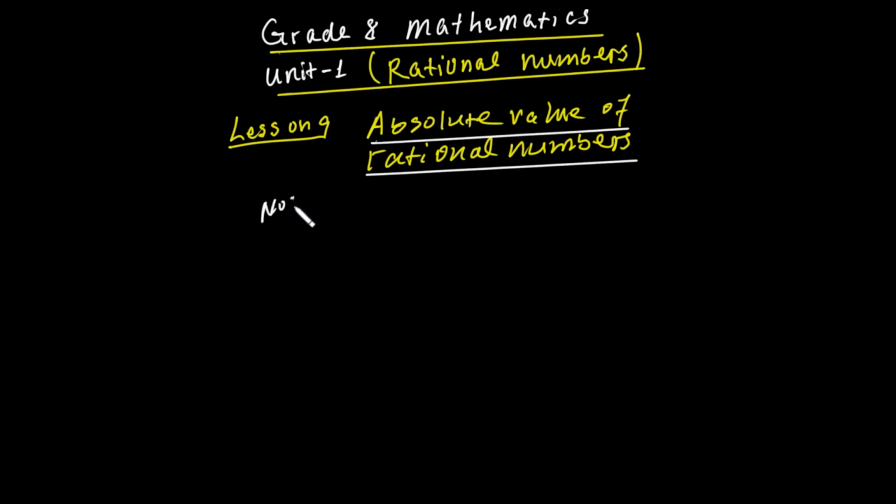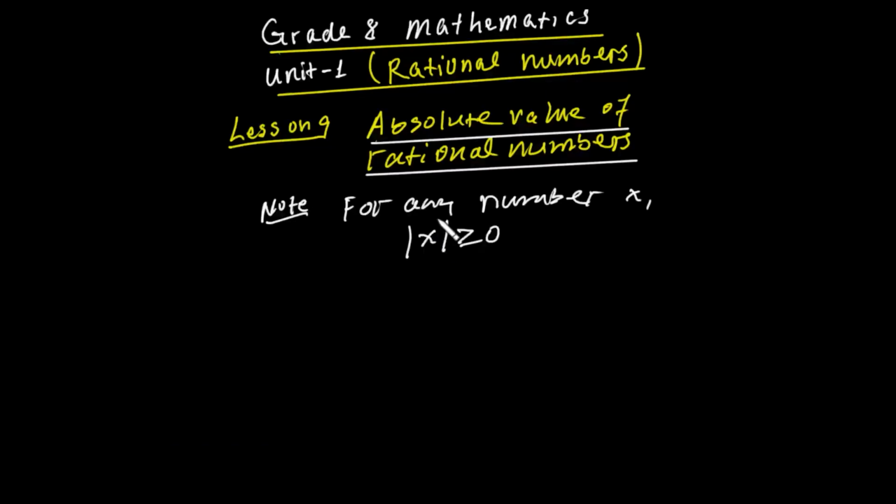የመጀመሪያው ካለፈው የቀጠለ፦ for any number or rational number x the absolute value of x is always greater than or equal to 0. negative ከሆነ positive ነው፣ positive ከሆነ positive ነው፣ zero ከሆነ 0 ነው። ስለዚህ the absolute value of x is always greater than or equal to 0 and this represents the distance of x from 0 on the number line። ስለዚህ ያንን ነው ሪፕሬዘንት የሚያደርገው።